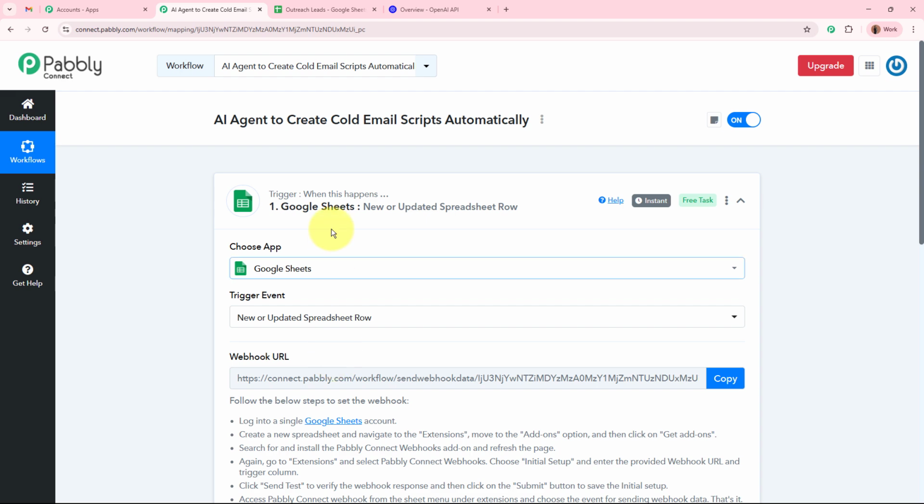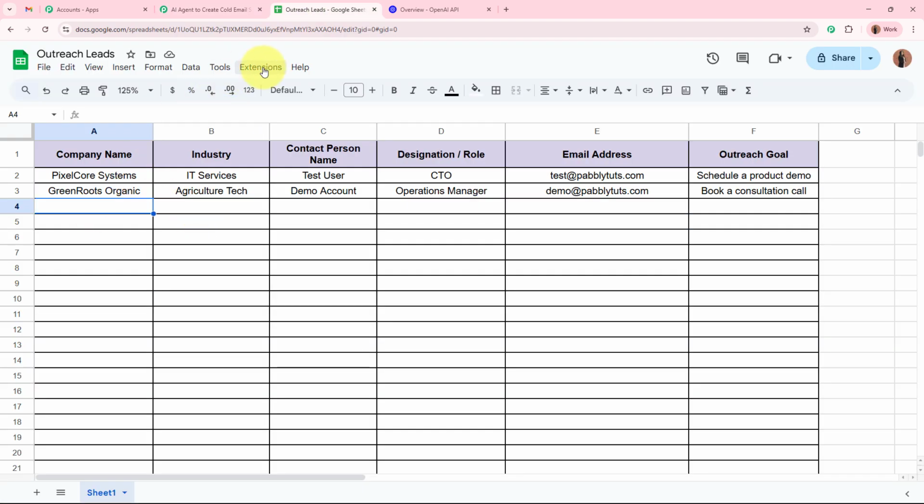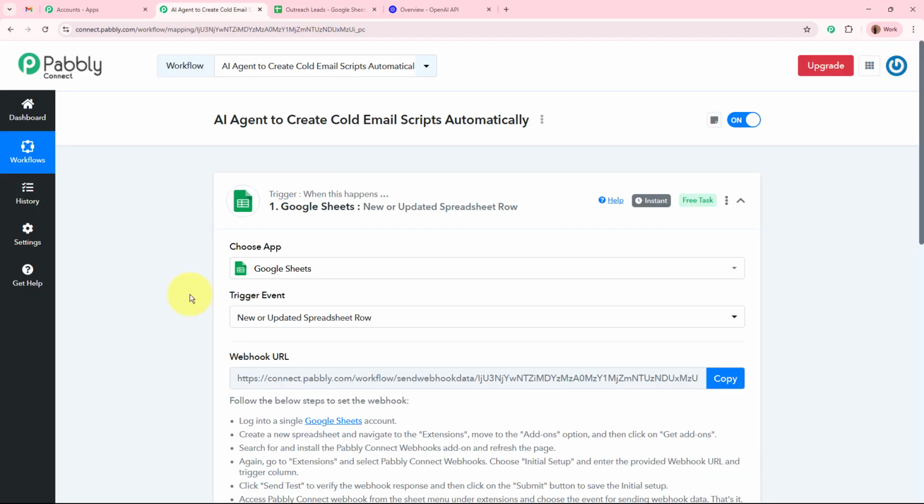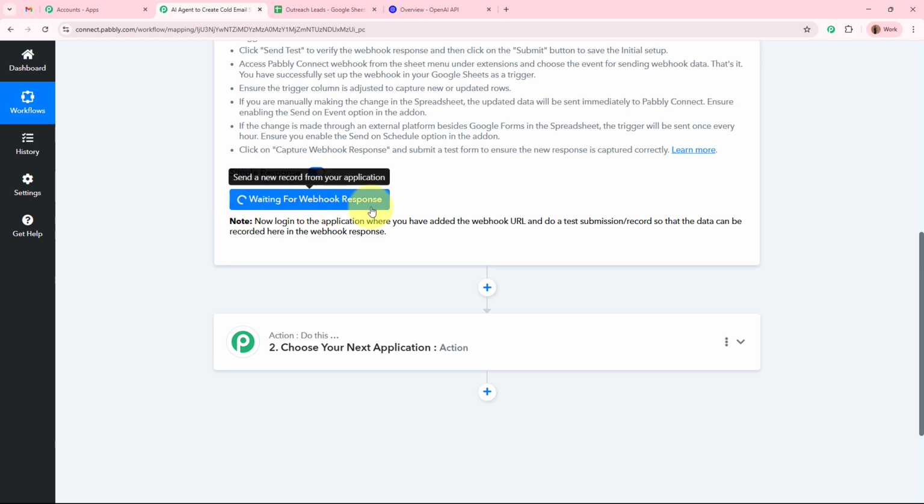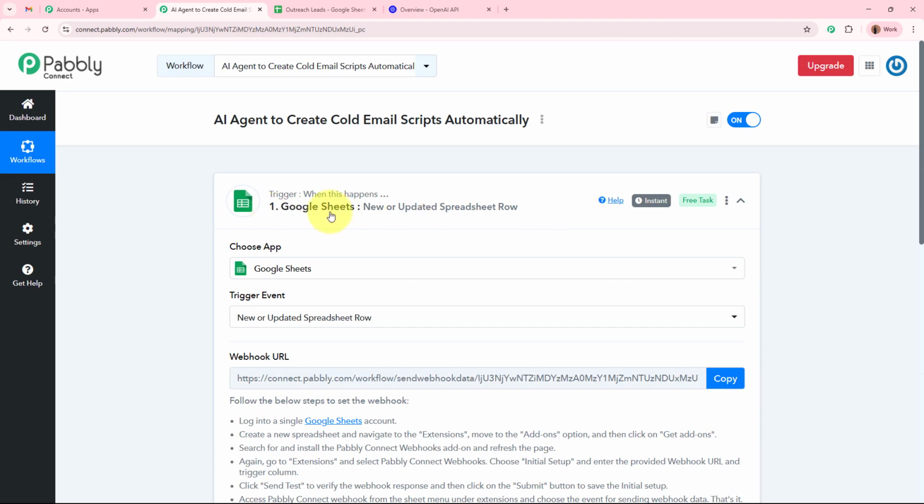That is our workflow. That is why it is mandatory to click on this send on event button right here. This is how you build a connection between Google Sheets and Pabbly Connect. So if I'm going to go back to my workflow and scroll down, it says waiting for webhook response. So now to check whether Google Sheets is successfully connected to Pabbly Connect or not, what I'm going to do